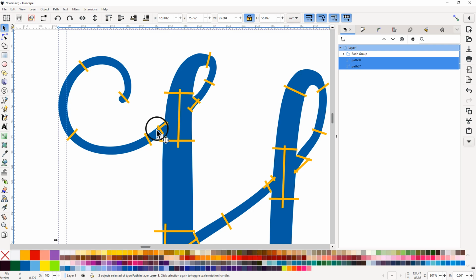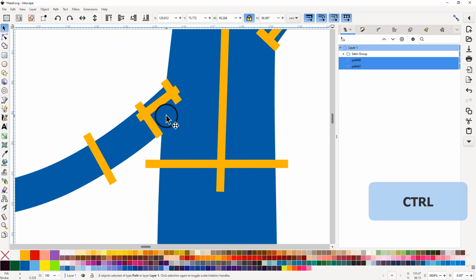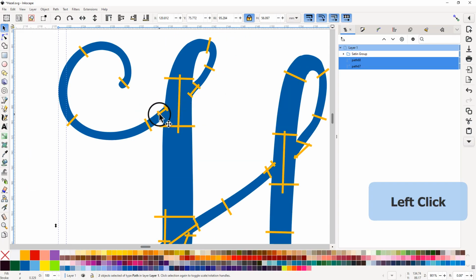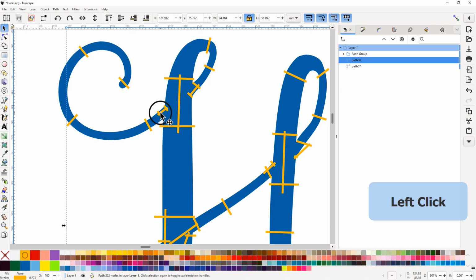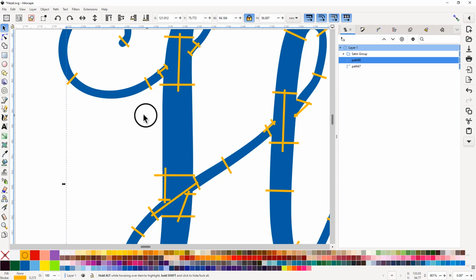There are certain things where you have to be aware of where your nodes are being placed. Let me see here. I always create my rungs and bridges as one object, and to do that